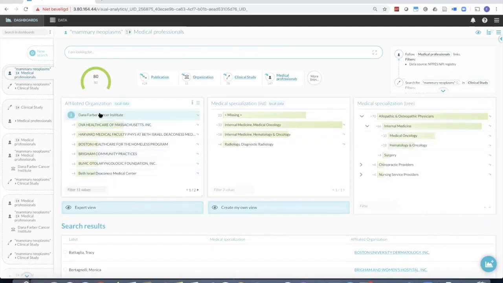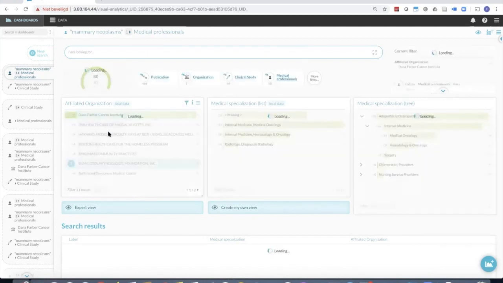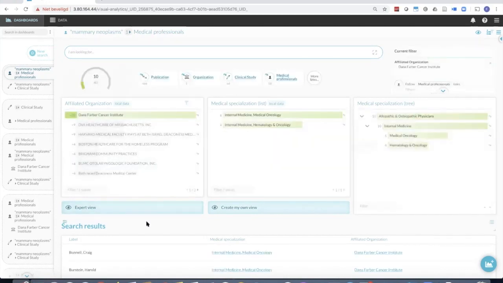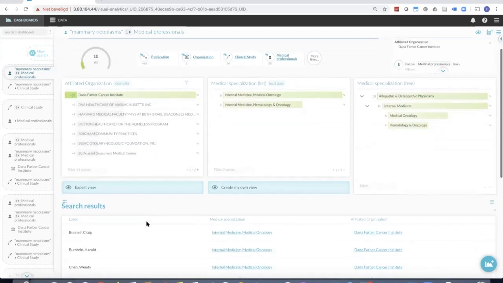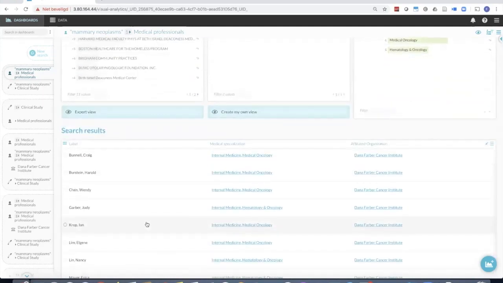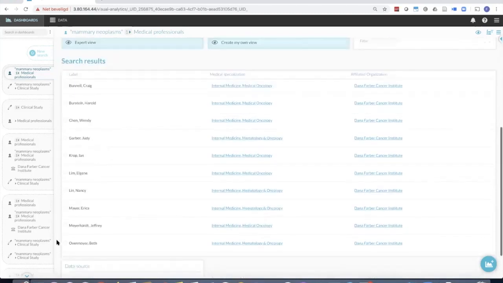But I can also specify a certain organization. Let's take Dana-Farber Cancer Institute. So I'm narrowing down the list from 80 results to 10 results. And what I get is these are all the people from Dana-Farber who are currently related to the clinical trials